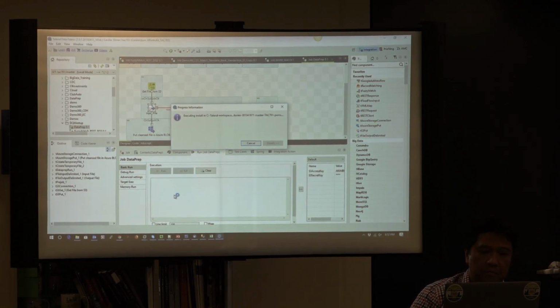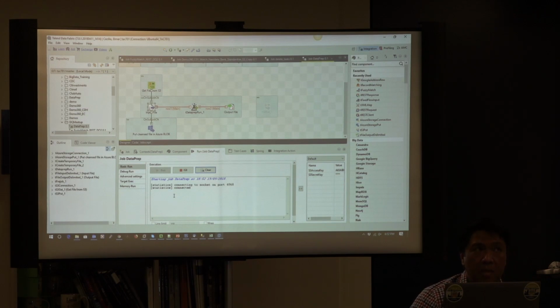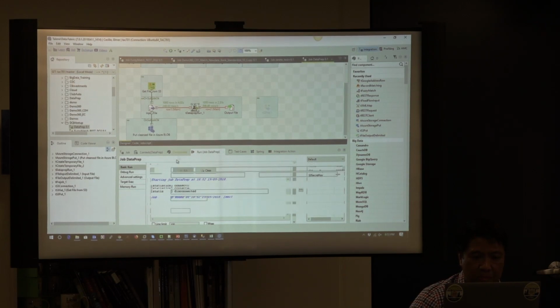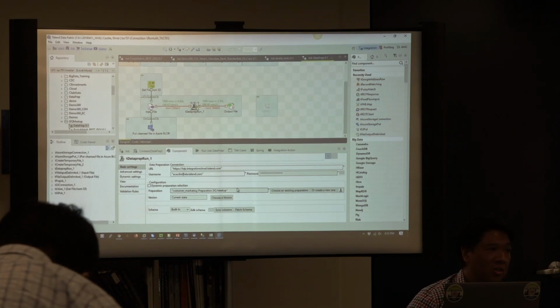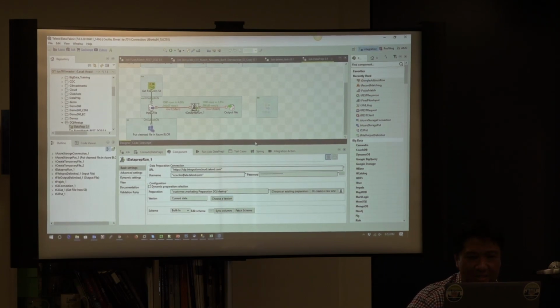In the data preparation component, can you export that preparation as an XML and after that import it in the job? Not import in the job, but you can export the preparation as a JSON. Get it in the job, or you have to connect to the integration server? You have to connect to the integration server. Although one of the things you could do is dynamic preparation, where you dynamically pass the name to the job. As long as you know the name, it could be a context variable that you just pass. So it's kind of the same. Yeah, in our case we have a bunch of firewalls, you name it, and...